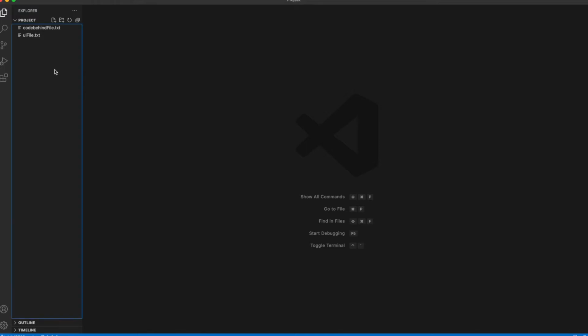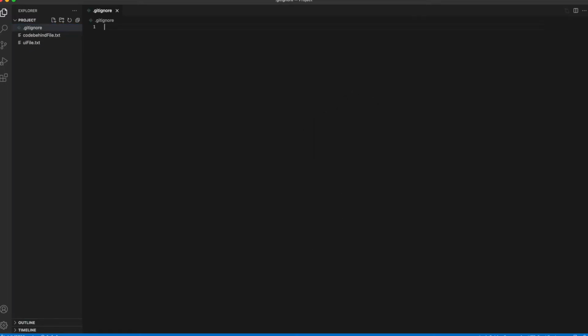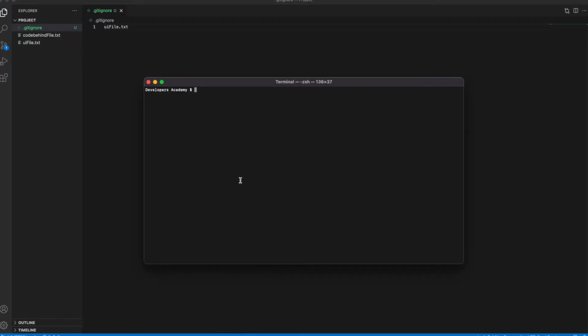Okay guys, so I just reverted back the code, and now I will add the git ignore file again. And now I will add the UI file.txt to ignore. Okay, now let's check git status.